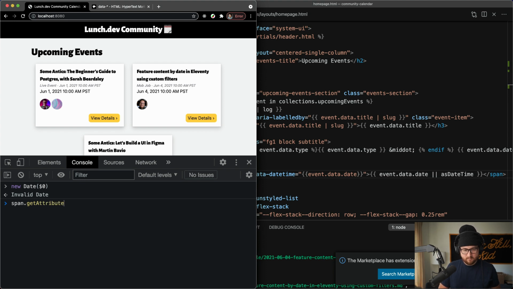I don't think span actually refers to anything right now. Oh, why is that? Okay, I'm just being silly. Get attribute of data-datetime. Yeah, but with an E, right? Yep, thanks. There you go. Okay, cool. So we have that, and then